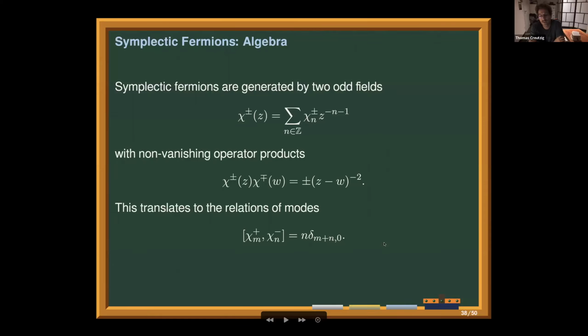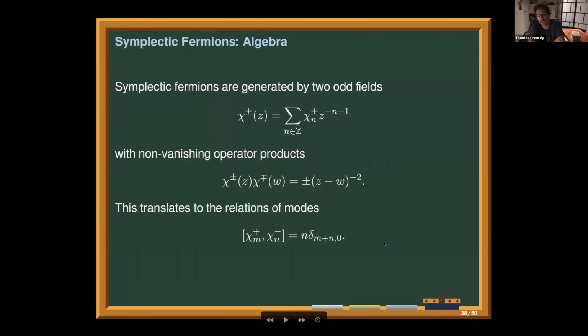The field is a sum over the integers of certain modes times z to the minus n minus 1, and the OPE algebra of the corresponding fields is very similar to the free boson OPE. Just note that we say that the field chi plus of z has non-vanishing OPE with the field chi minus, so that it has an off-diagonal pairing, and because the pairing has to be antisymmetric,